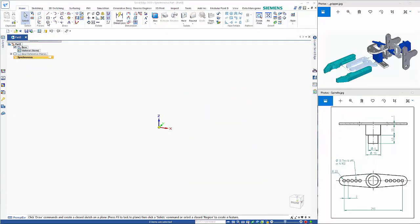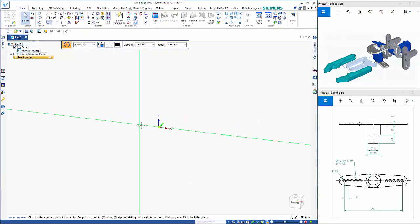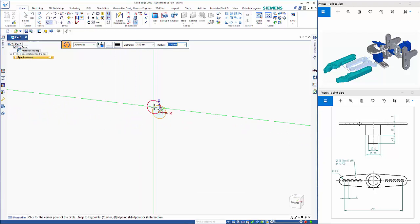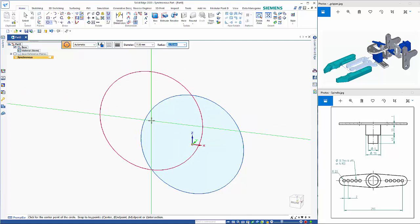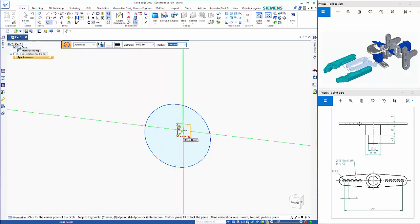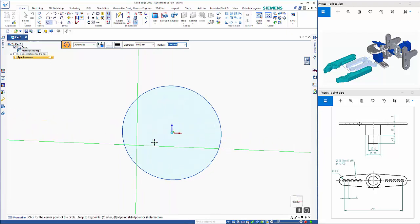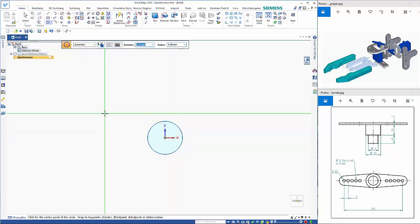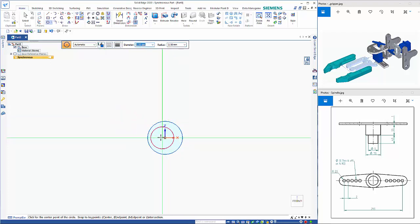Okay, for the spindle, I'm going to start with the circle by center. So we'll click in the middle here. This needs to be 7.5 in diameter. So let's just zoom up on that. And actually I'll lock the plane, Control H. So for the next one, I want a 5 mm diameter